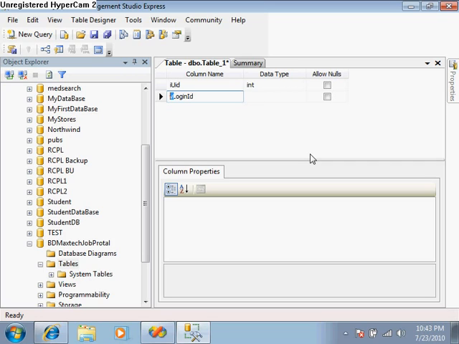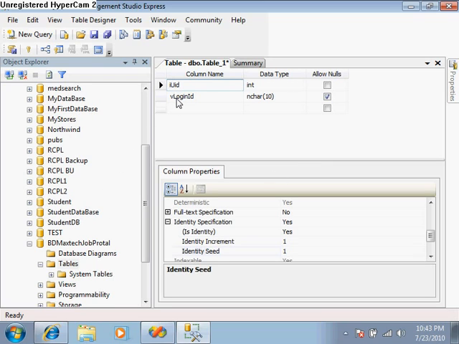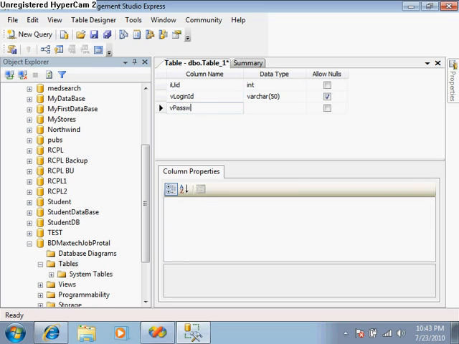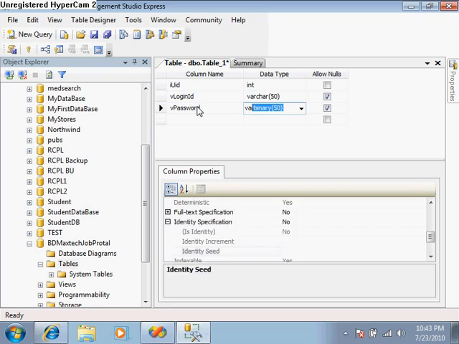Now in the database, this v is a standard pattern which database creators generally use: whatever data type we give to the field, we use the first character of that data type at the start of the name, so that whenever this name comes, we will easily recognize that it is a varchar type field. Similarly, password, and take a varchar